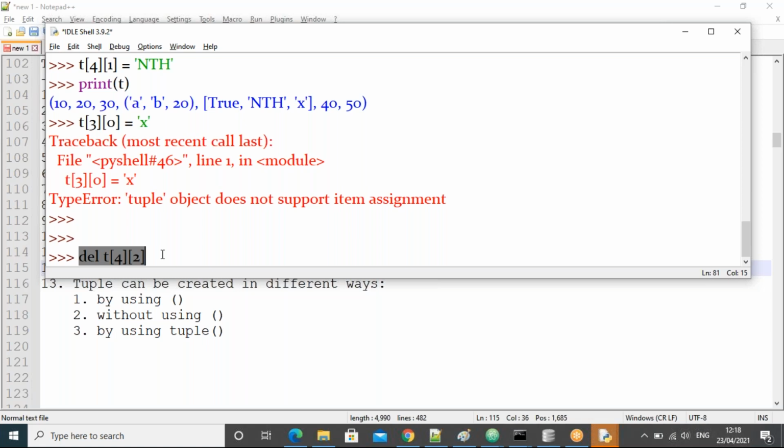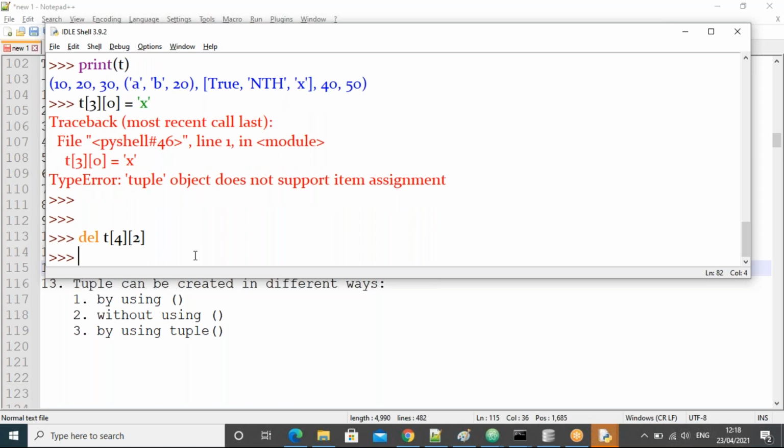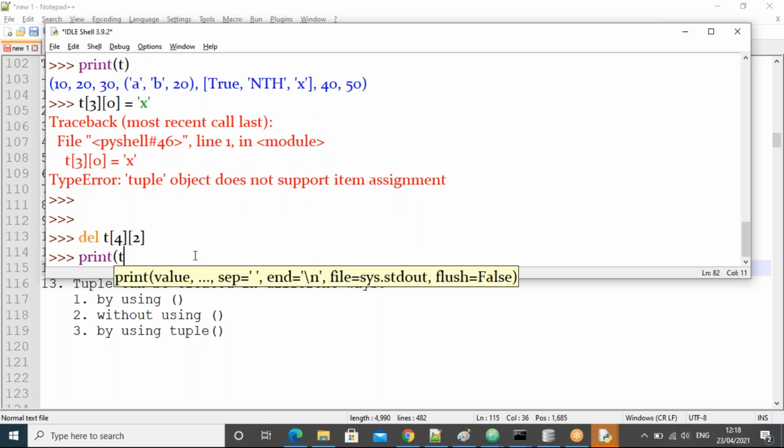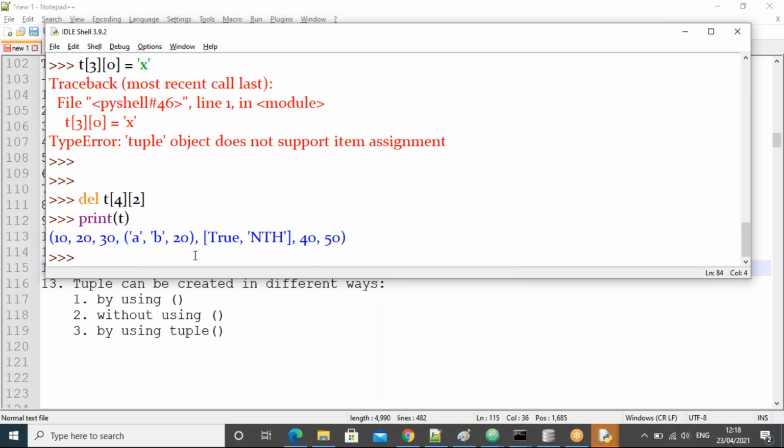If it's possible, then which one will be removed, guys? X. Where is the X? X is part of the list, guys. Now let us see here. Print of T. Yes, that is removed.